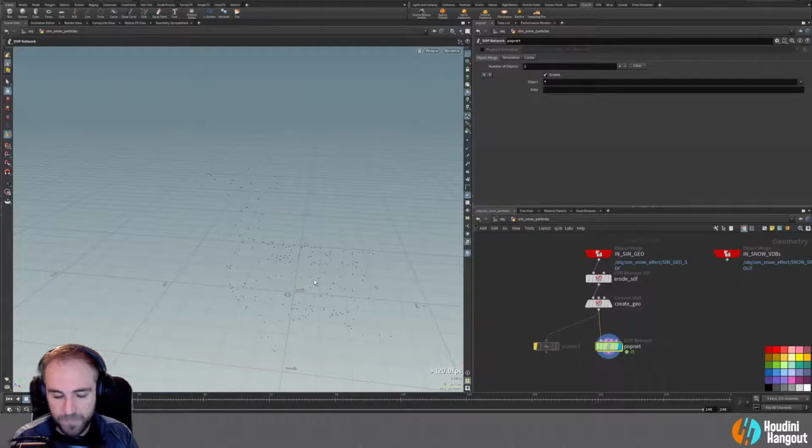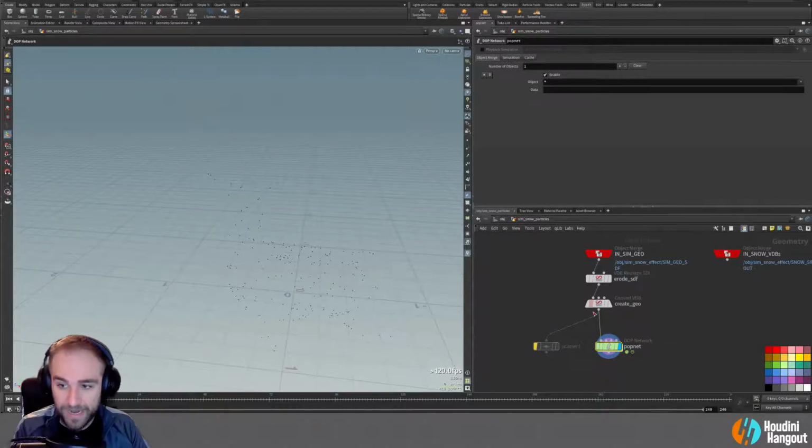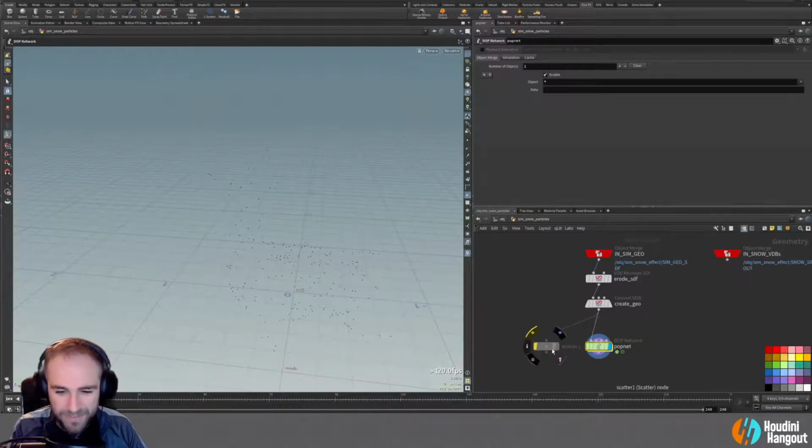So it doesn't take a huge calculation in this case to add particles that are going to get advected around. I keep saying that, it's so weird. Advected? That's a weird word. Anyways,